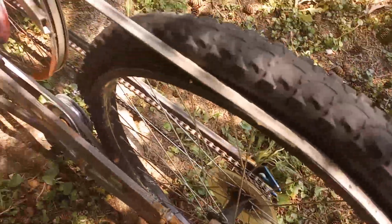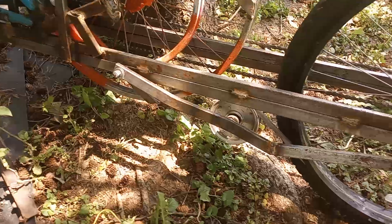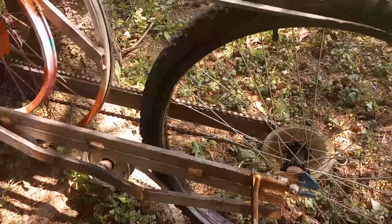But I just got the belt riding on a second rim. Obviously this isn't so good. It's definitely touching on there. And then of course you got this tensioner janked up on there. And how this works is I used